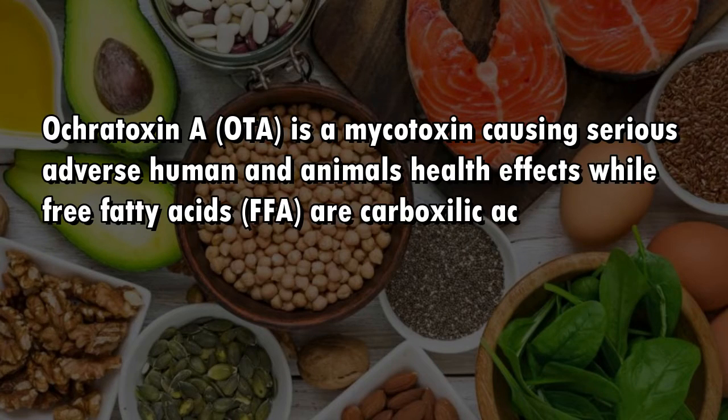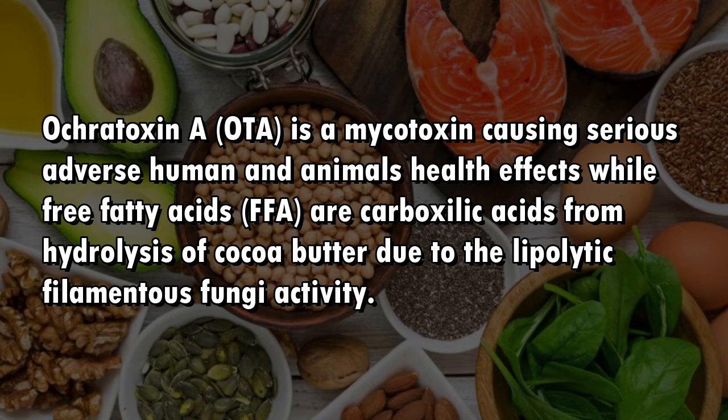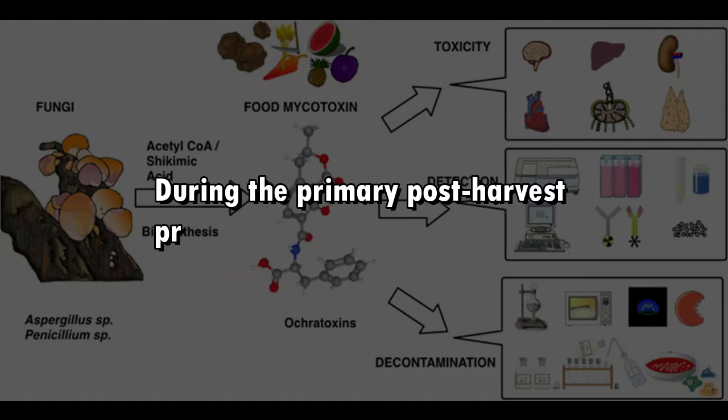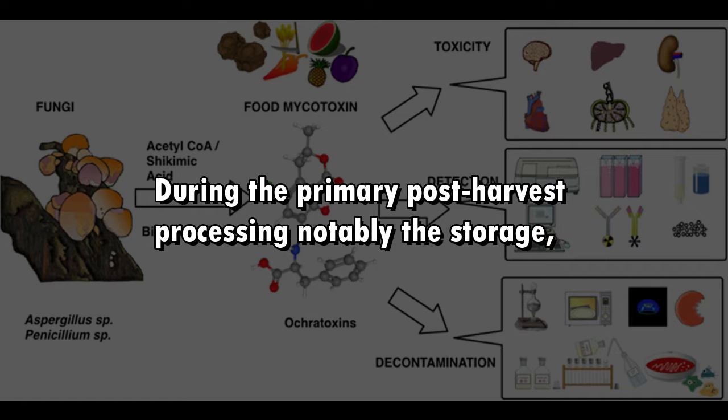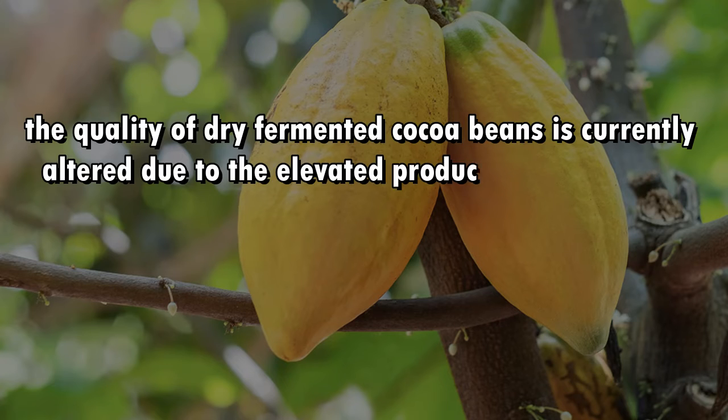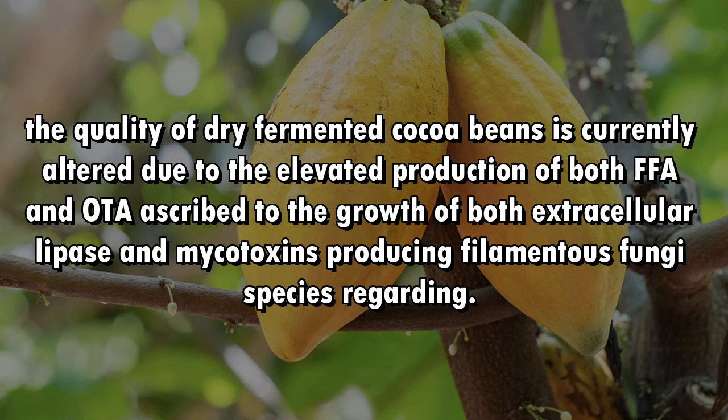Ochratoxin A, OTA, is a mycotoxin causing serious adverse human and animals' health effects, while free fatty acids, FFA, are carboxylic acids from hydrolysis of cocoa butter due to the lipolytic filamentous fungi activity. During the primary post-harvest processing, notably the storage, the quality of dry fermented cocoa beans is currently altered due to the elevated production of both FFA and OTA ascribed to the growth of both extracellular lipase and mycotoxins producing filamentous